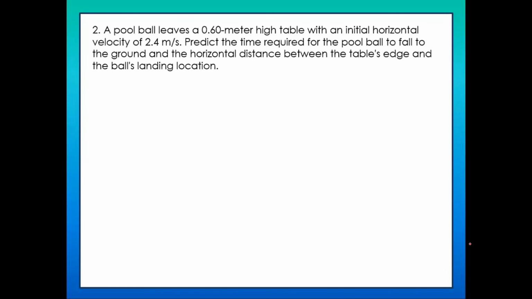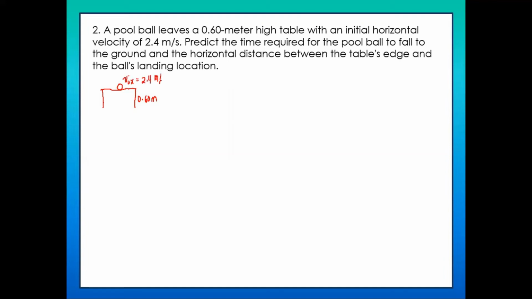A pool ball leaves a 0.60 meter high table with an initial horizontal velocity of 2.4 meter per second. Predict the time required for the pool ball to fall to the ground and the horizontal distance between the table's edge and the ball's landing location. So, sige, visualize natin. We will put it into an illustration. So, this is the table. Let's say this is 0.60 meter high. And the ball moves with a velocity of